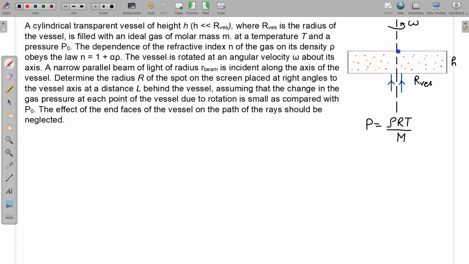So let us take some element. I am just drawing the circular cross section of this cylindrical vessel. This cylindrical vessel is basically a very thin disc. We can also call it a very thin disc because its thickness is very small as compared to its radius. Suppose this is the circular cross section of this disc or cylinder, and this point denotes the axis, and I am taking some element like this